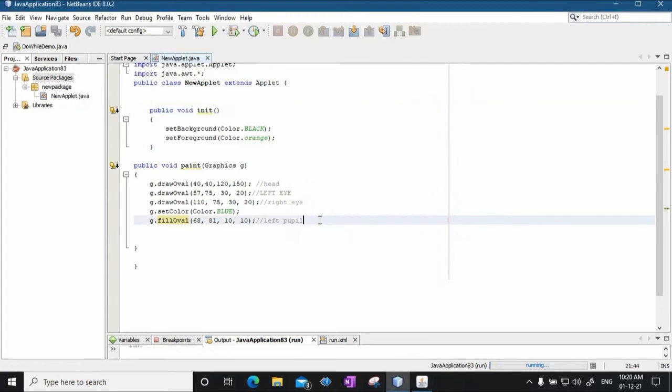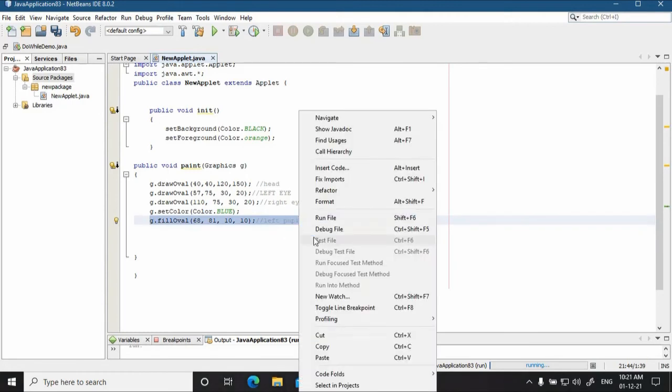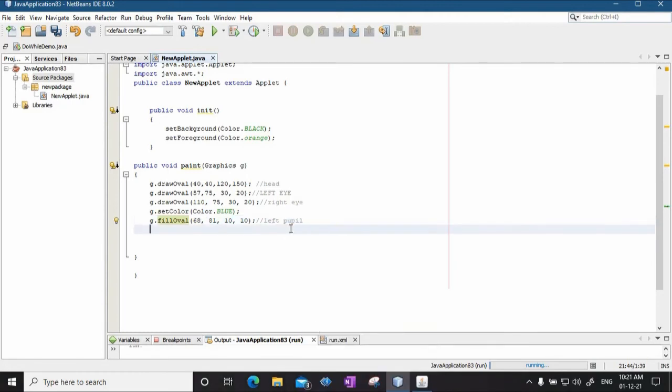Then we will draw the right pupil of the eye. I will copy this same line and paste it here, fillOval. Again, the shape, the circle, the dimensions of width and height will be the same; only these values will change. The y value will remain the same because the horizontal level of both the pupils should be the same.